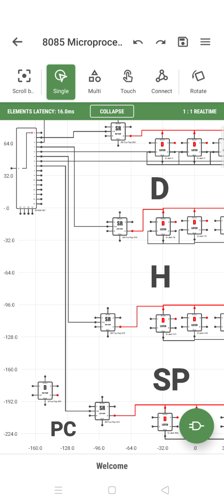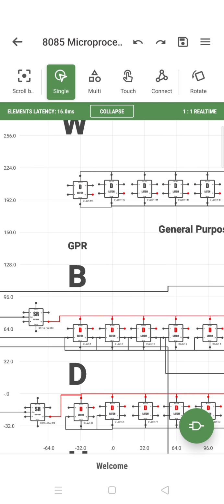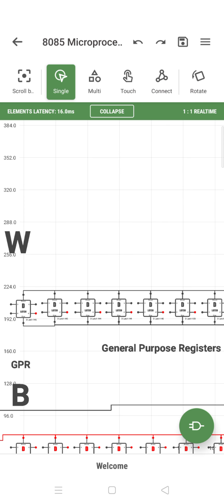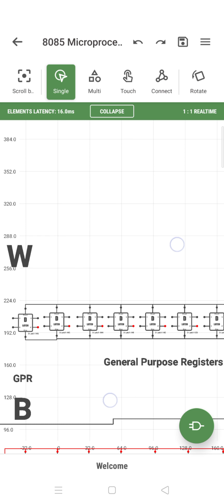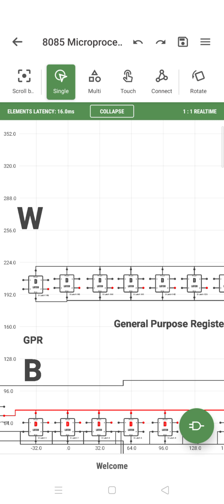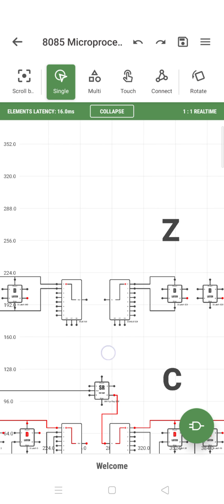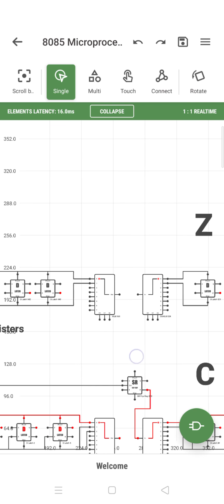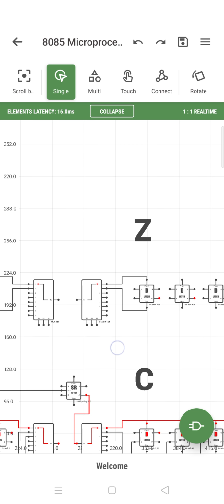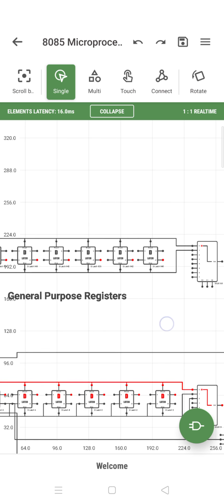Now, first we have to know how to construct a register. The ALU basically has different kinds of registers. One is a W register, and the other is a Z register. These are used for special purposes, so you don't have to worry about how these things are used. Let's go over some other things.